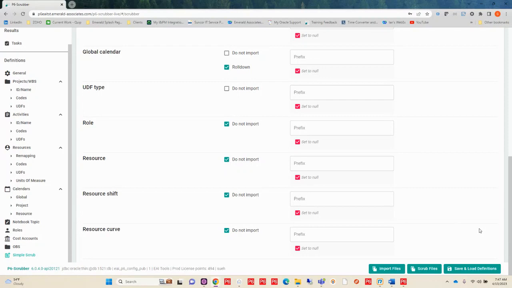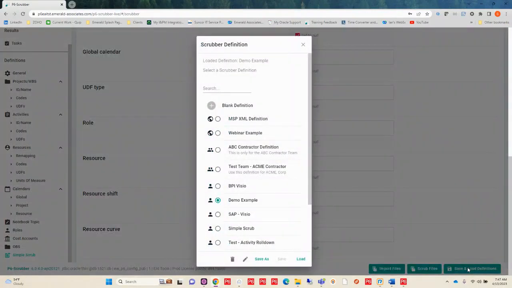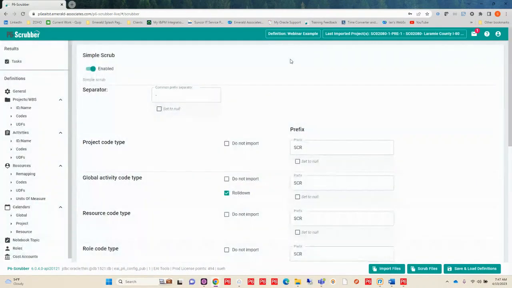Now, let's say you've gotten out of P6 or P6-Scrubber and you've come back in, and you don't really need to set up a definition. All you need to do is scrub a file. Again, you would log in, you would come to your save and load definitions. You would choose the one that you would like to use to scrub the file, and then you would load that. Now, in my case, I'm going to use this webinar example,